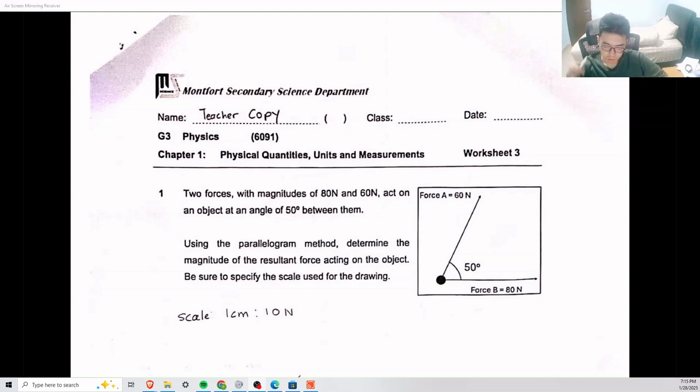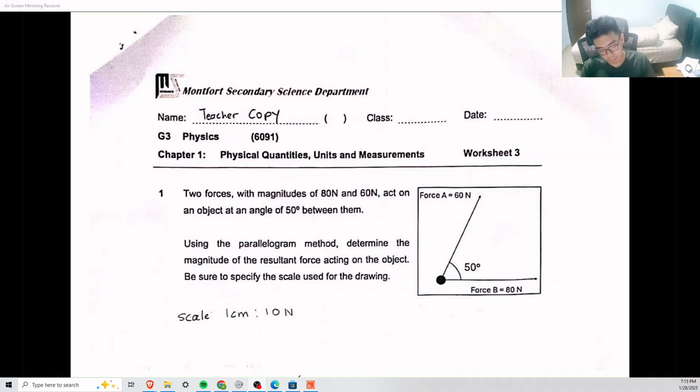Okay, hello class. Let's go through worksheet 3 together. I've uploaded the solution on PDF, right? So if you just want to see the solution, you can just look at the PDF. The video is so that you can understand the thought process when we are doing